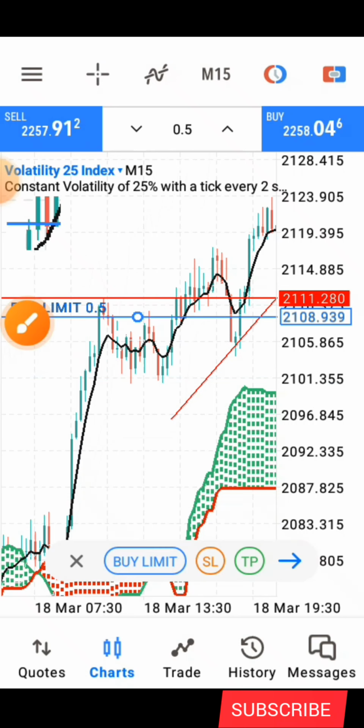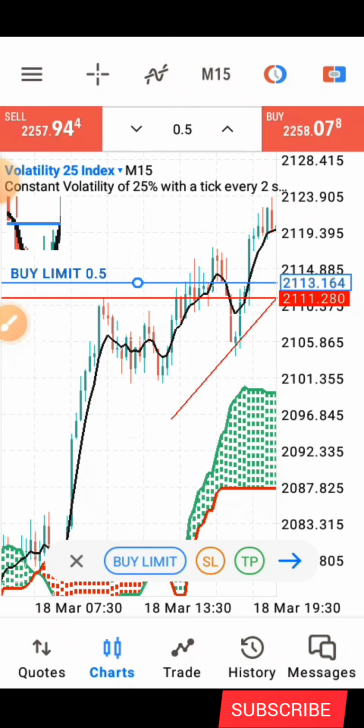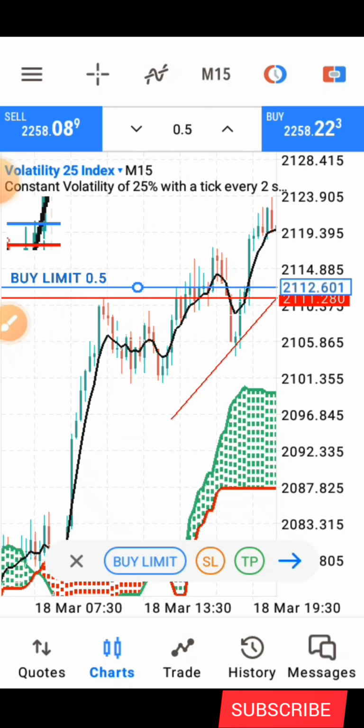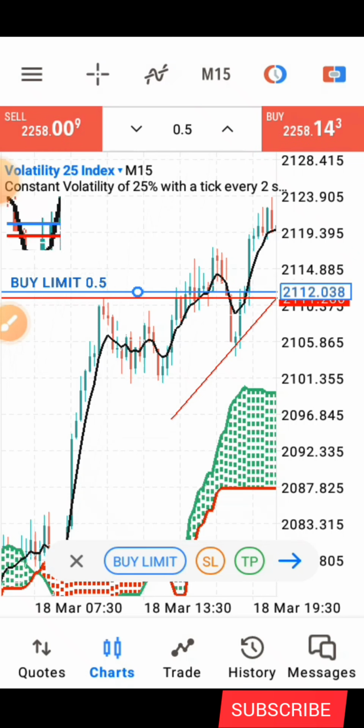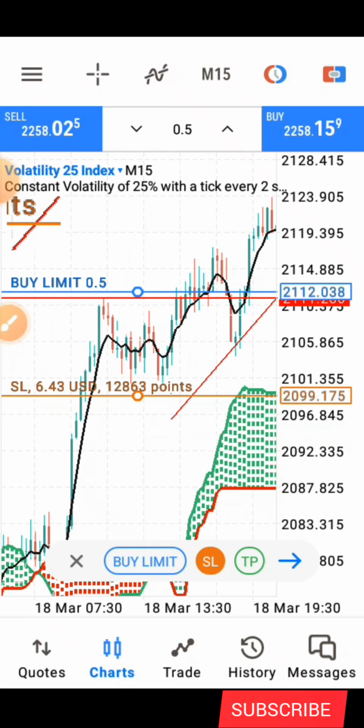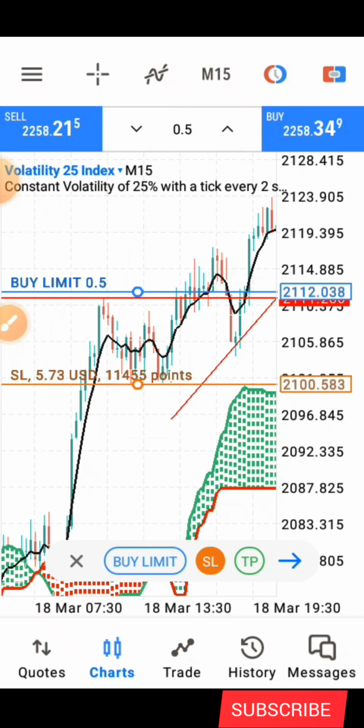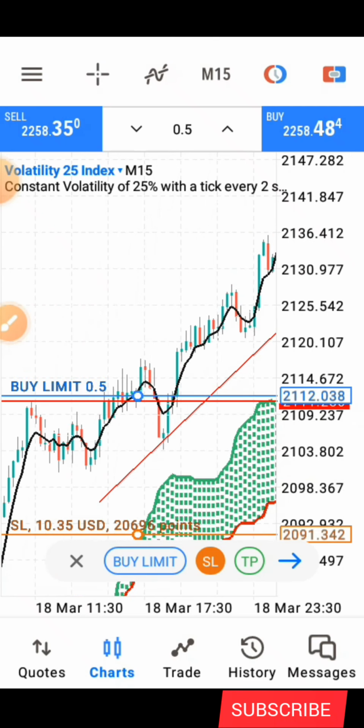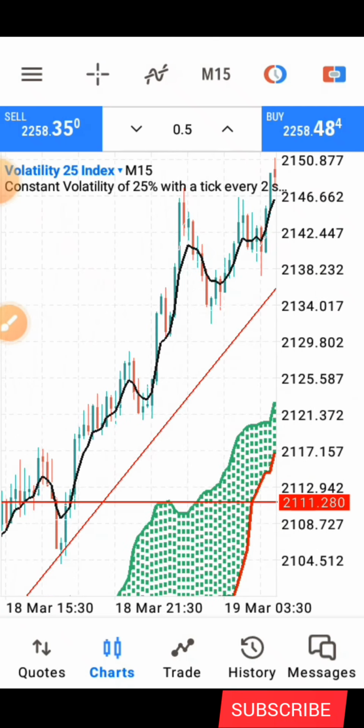Place your entry. Let's say this is the candlestick that closed above that area. This is the candlestick that closed above this area here, right? And your stop loss is going below this structure, the most recent structure of the market here. And your target, you are aiming for heaven. You are aiming for heaven, because, like I said earlier, you are going to be holding till the